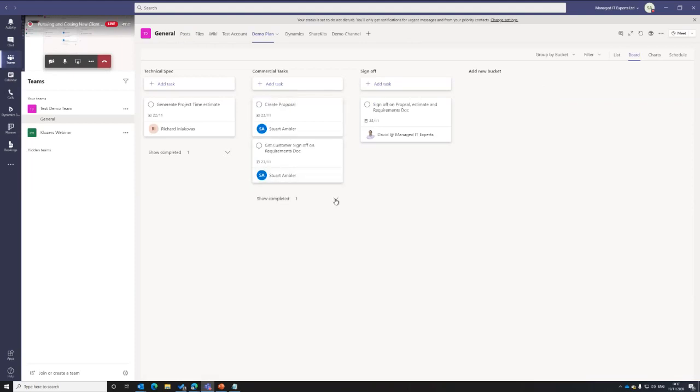We'll just pretend that I've sent it out and the customer's signed off, and then I'm ready to create the proposal. Again, we'll just say that I have, so we've created that. Richard's also generated his estimate and provided that for me for the proposal. I can then meet with David and we can sit and go through the documents, have a glance over, and then David can sign off on that and tick that.